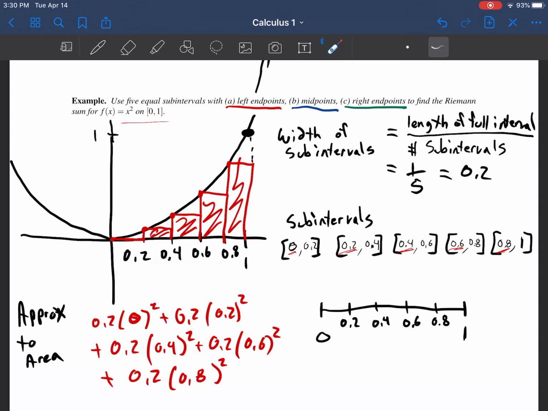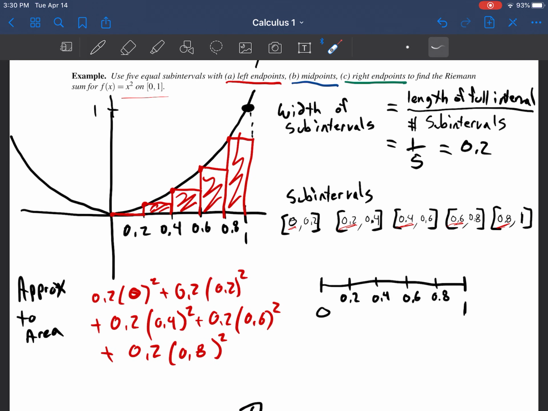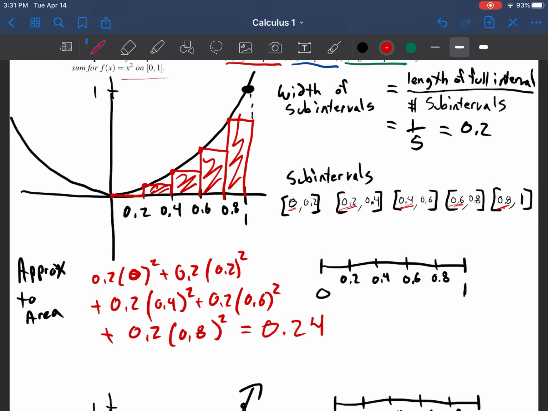So 0.4 squared. Okay. So now I get this for an approximation to the area, and if I do the calculation on that, I'm going to end up with 0.22. You can go ahead and type that into a calculator and see what you get, and that's the number that you should end up with, right? Actually, I made a little tiny mistake on that, so it should actually be 0.24. Okay,